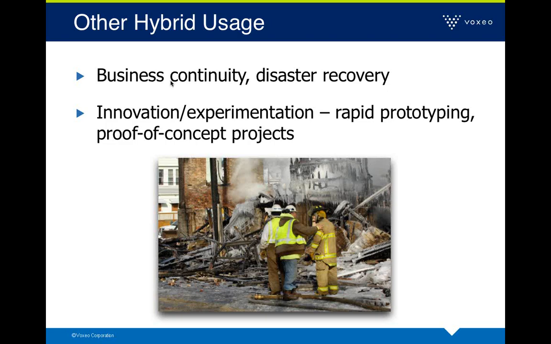We also have people going back to that business continuity and disaster recovery example that I mentioned before. Classic case where you can have the application running on your premise, but you can also have a certain amount of capacity up in the hosted cloud. So if there is a problem, whether it's something as tragic as a fire, or just the proverbial backhoe that goes through the internet connection, you can have some capacity up in the hosted cloud that can ensure that your communication continues to go on.